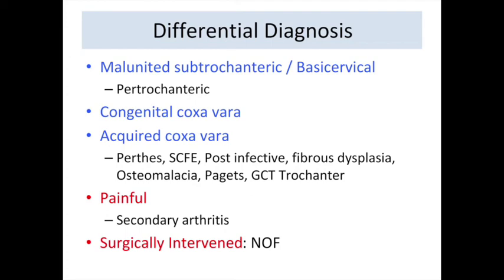So don't be blank about what else it could be, because classically what the patient is presenting you is an altered proximal femoral anatomy. Try to rethink all the causes, from congenital to developmental to post-infective to a classical fibrous dysplasia, an osteomalacia, a Paget's, or just a trochanteric giant cell tumor. So if a differential diagnosis is asked, be ready with it and fit it as your patient comes in.